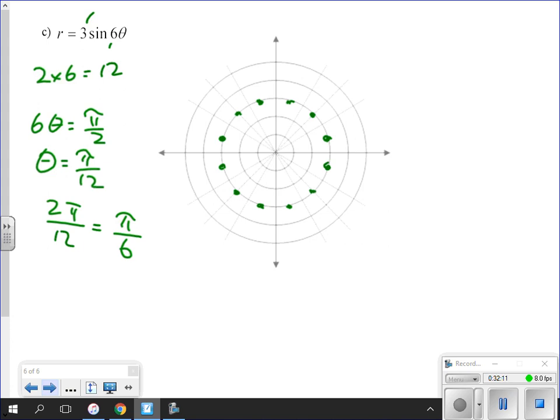Why are you adding by 3 pi? Because I'm starting at pi over 12. To find the first one, you set that equal to pi over 2, so pi over 12 is my first one. How far apart are they? I take 2 pi divided by the number of petals. They are pi over 6 apart, so every pi over 6, I have a new one. Once you find the 12 dots going around,